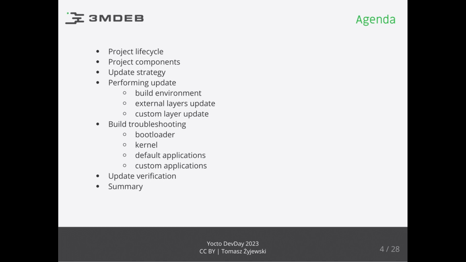Firstly, I will talk about how to perform an update and what we need to remember, so how to prepare our build environment for the Yocto release that we want to use, and how we define the layers that we use in any project. We call some layers external ones and some custom ones, and I will talk about it a little bit later. Then I will go through a couple of examples of build troubleshooting